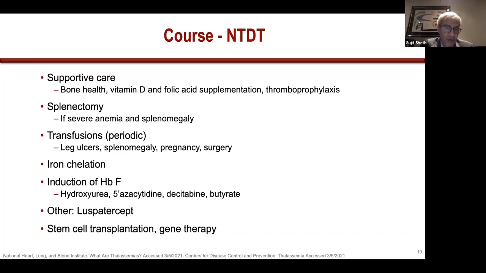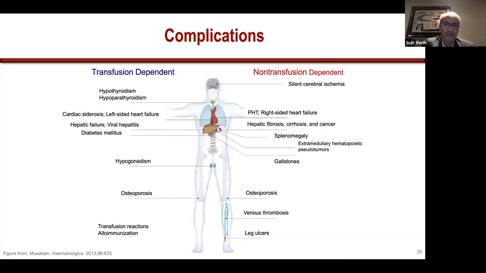Those are things that are more individual therapies that can be tried depending on an individual's preference as well as clinical status. Luspatercept is not yet approved for use in non-transfusion dependent patients, though clinical trial data in phase 2 showed that it did have an impact on increasing hemoglobin levels for these individuals. But the more definitive study, the phase 3 trial, is still underway. And then stem cell transplantation is available to these individuals as well, and gene therapy may be a curative therapy in the future as well.